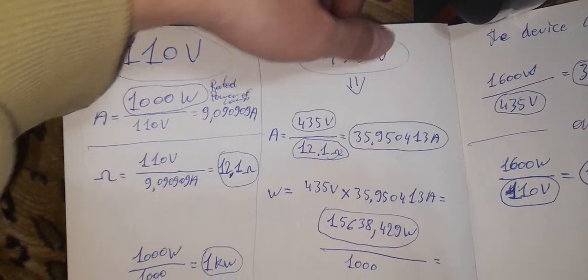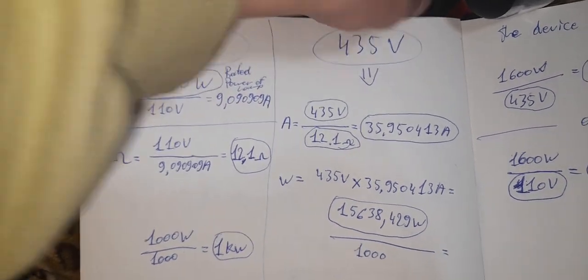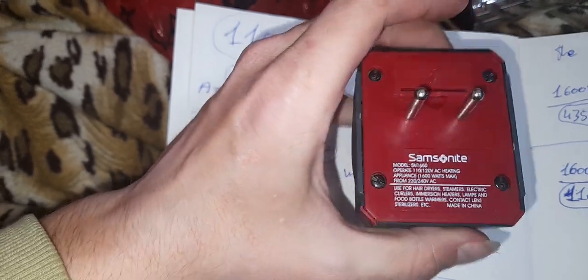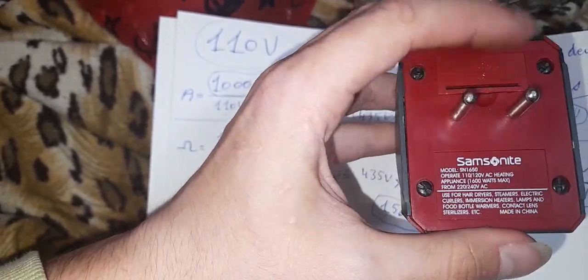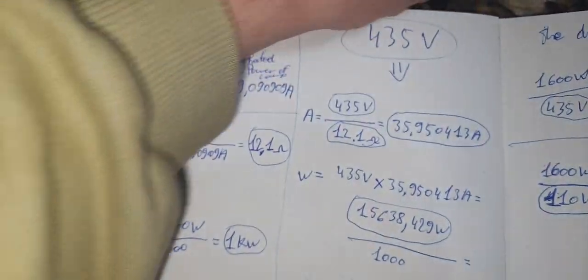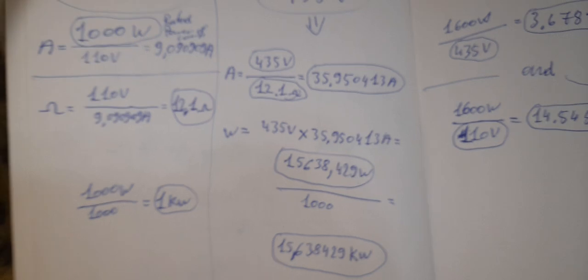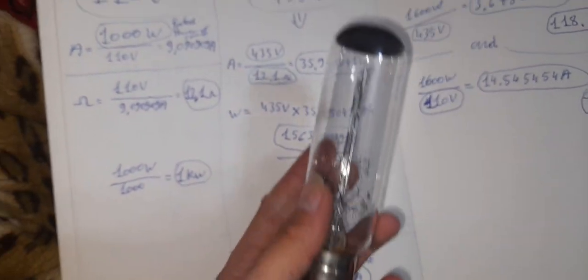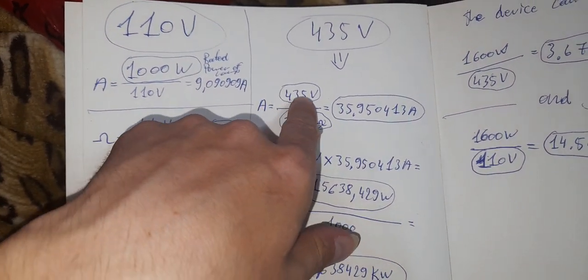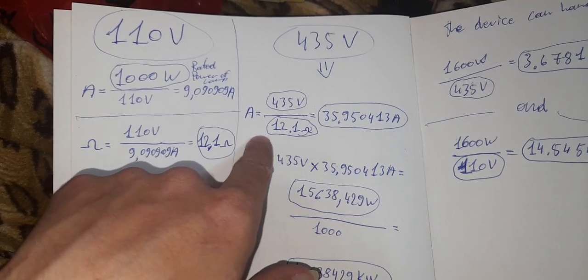435 volts, that this shitty chip, defective, I don't know what it has inside, maybe it has failed from those who had it before me. So let's see. Sometimes you need to make mistakes to achieve something in life, something bigger. So 435 volts divided by